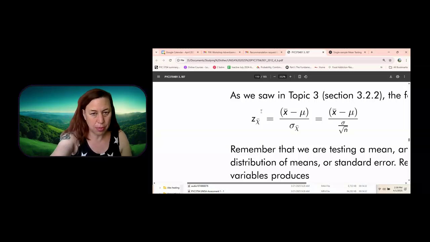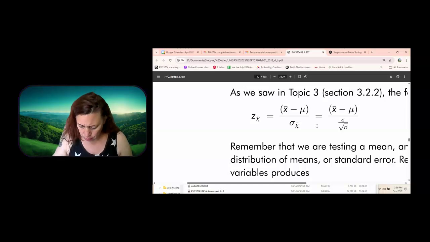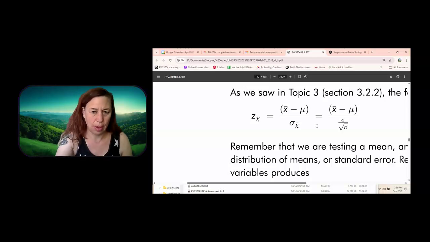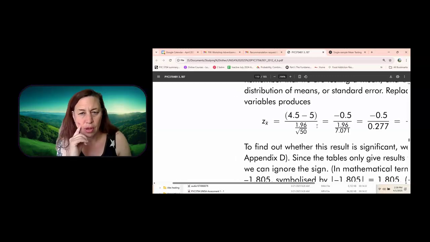Now we're going to plug those numbers in, all right? So what was our standard deviation? 1.96. What was our n? 50. And our value that we're looking for is 5. Okay, so it will be 4.5 minus 5, divided by 1.96 over the square root of 50, is minus 0.5